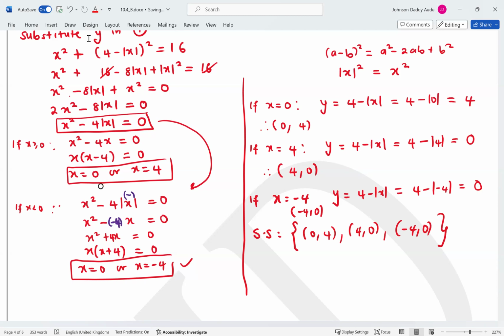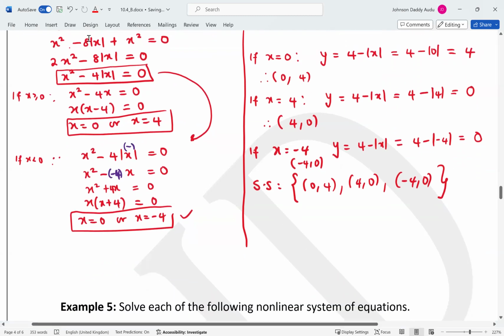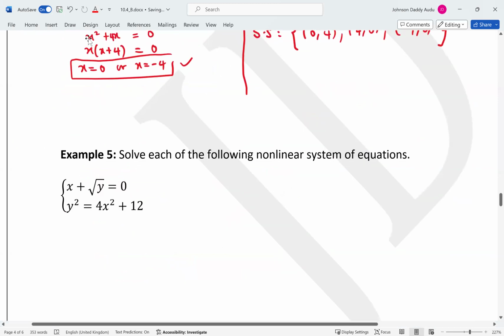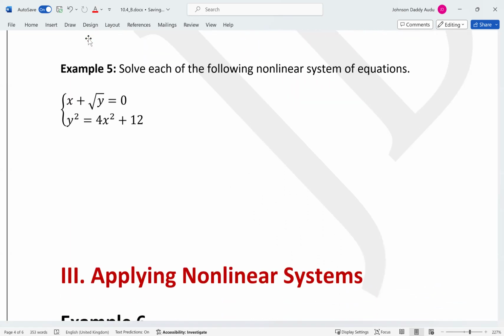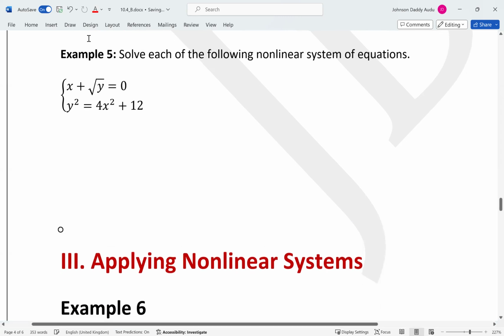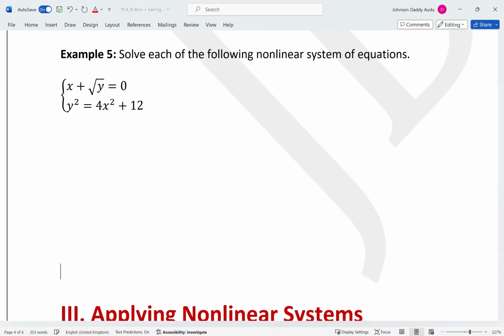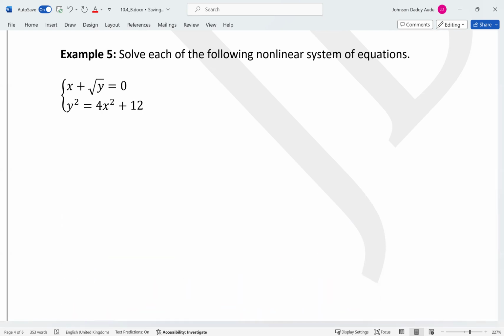So let's move to the next one, which is example number 5. Now, for example number 5, we have a root as well. So definitely it's nonlinear, because both of them are actually nonlinear. So we can do it by substitution. You can call this equation 1, this equation 2. So we see from 1,